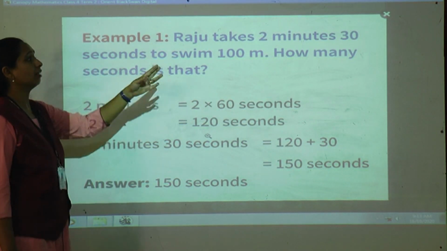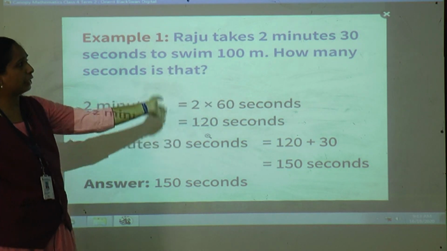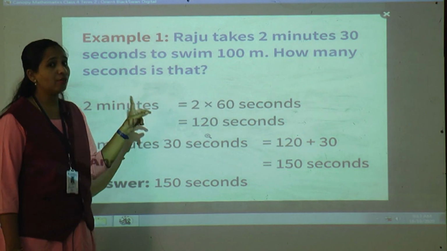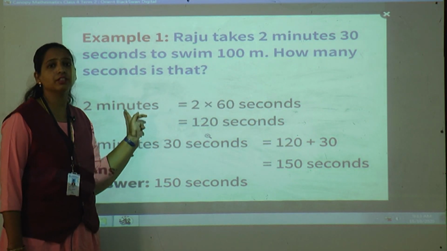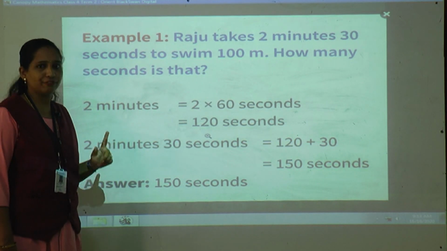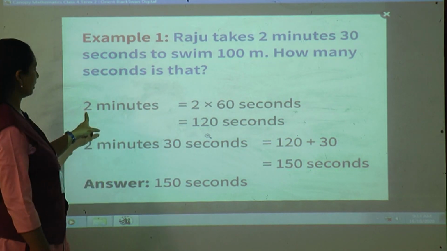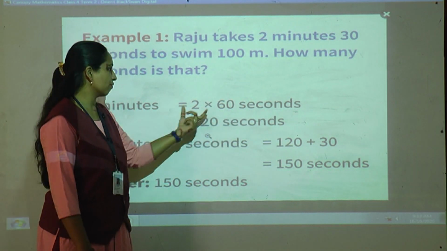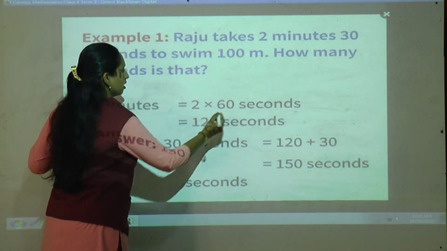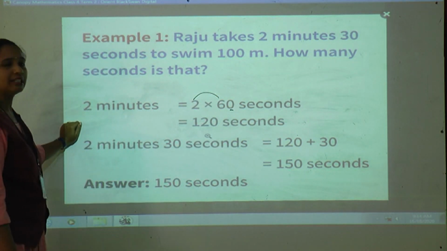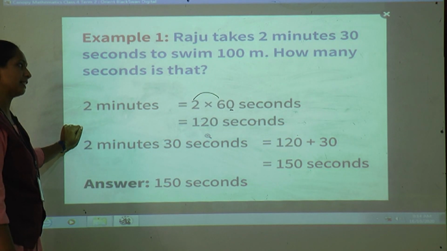So altogether we have to convert minutes into seconds. So 2 minutes is equal to, now when we want to convert minutes to seconds, what we have to do, students? Of course, multiply by 60. So 2 minutes is equal to 2 multiplied by 60 seconds. When we do the multiplication, write 0 as it is, 2 sixes are 12. So it is together 120 seconds.